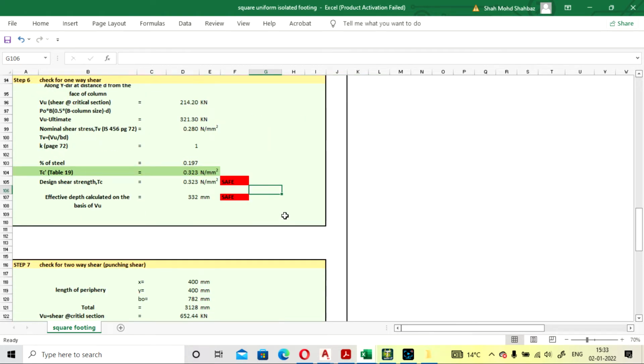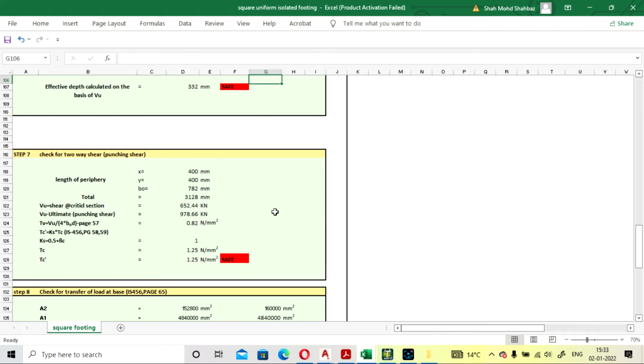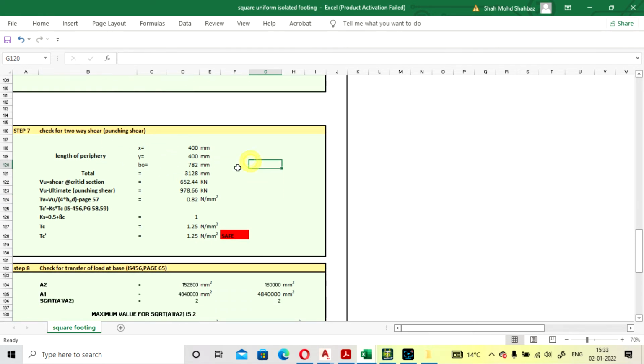Now we are going for the check for two-way shear. Here you don't have to change any values, you have to see whether this value is safe or not. This is the calculation for your periphery. These values are calculated by itself, and the shear force is calculated here.